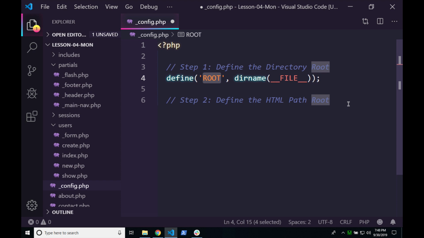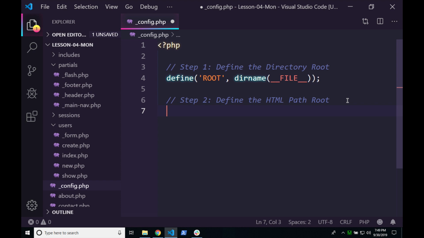The HTML path is a little different. You can't give a directory structure as an anchor link path. It doesn't understand it. It doesn't know what you're talking about. It needs to come from the server. Servers don't talk in C:/. They talk in www.whatever, right? Or localhost/. Localhost represents our www directory on our WAMP server. So we need to get that back as the root, but we need to be dropped in the lesson 4